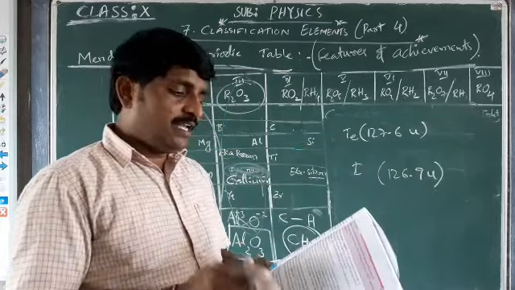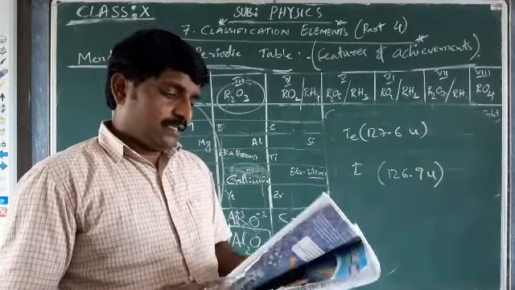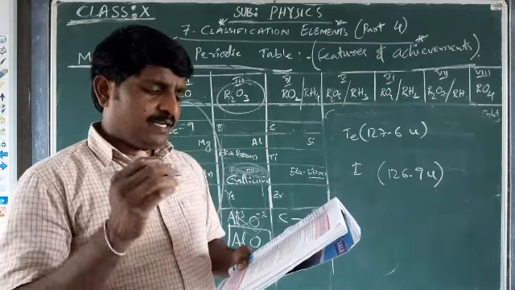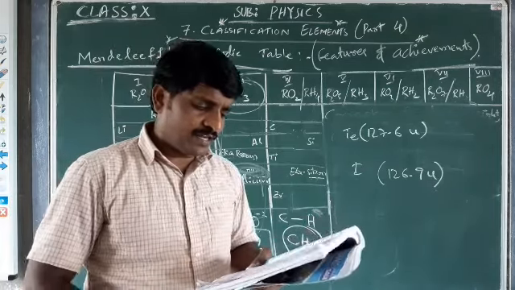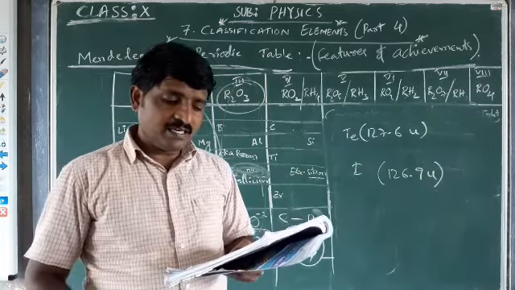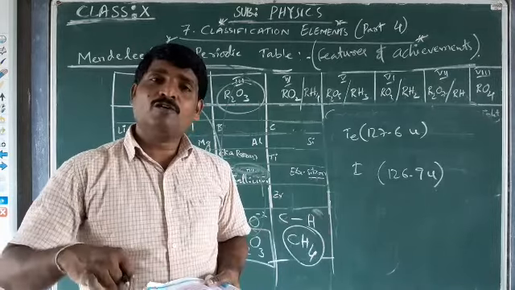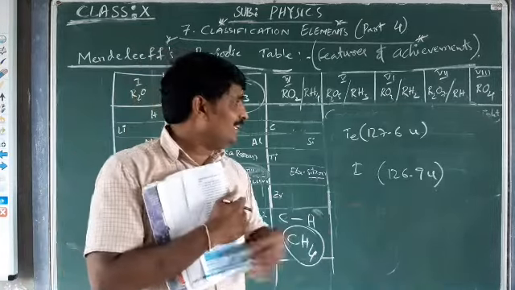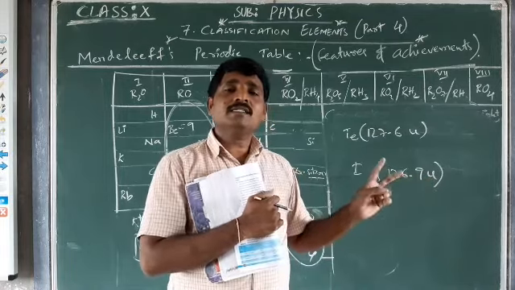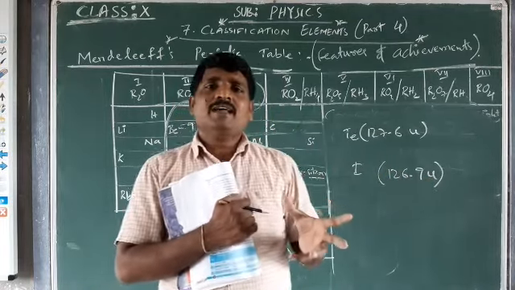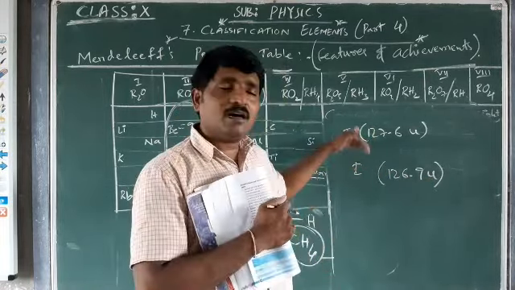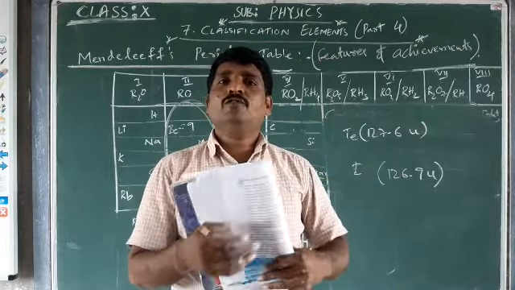group. Why is it so? Mendeleev accepted a minor inversion in the increasing order of atomic weights, as this inversion resulted in the elements being placed in the correct group. Why did he accept this minor interchange? Because if this interchange is accepted, the elements are going to be placed in the right group.